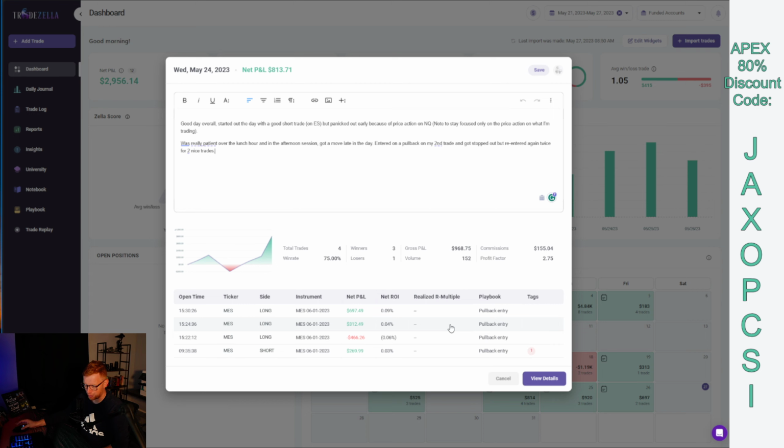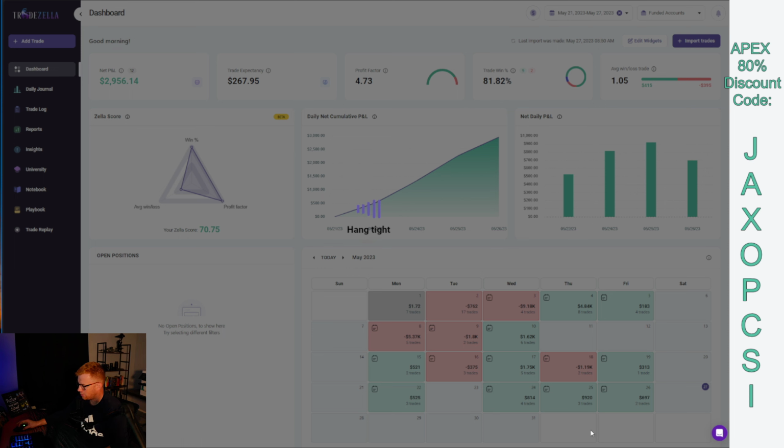Basically entered on a pullback and I got stopped out, but I re-entered when the move basically became valid again. And I re-entered again and ended up having two really nice trades at the end of that Wednesday session. So I was very happy with that. And moving on to Thursday,